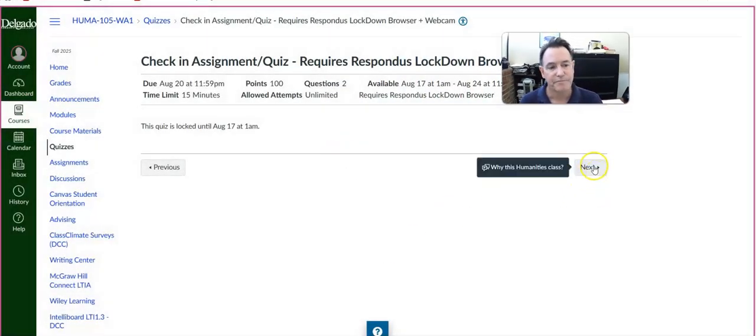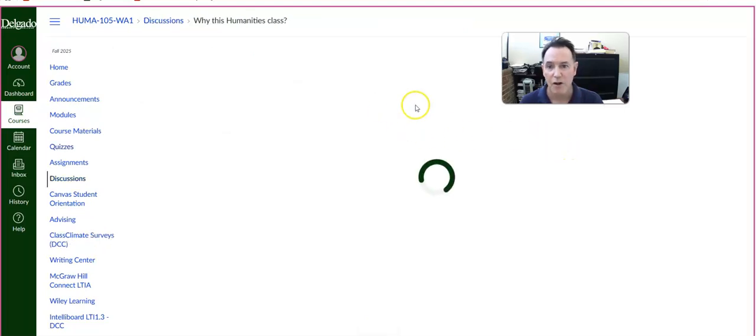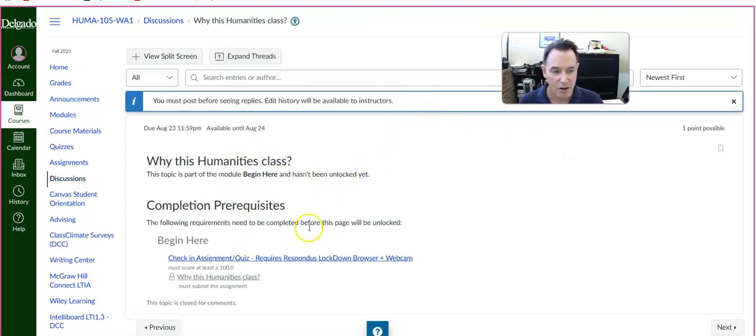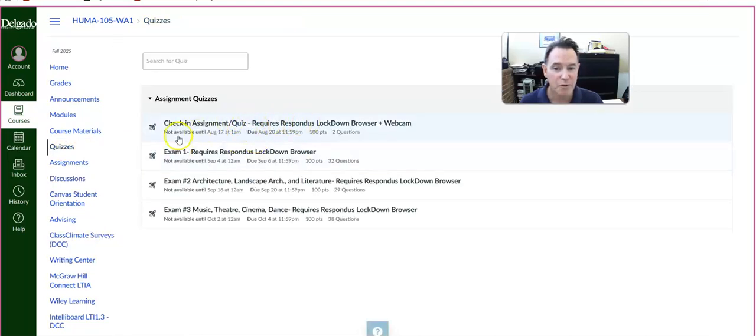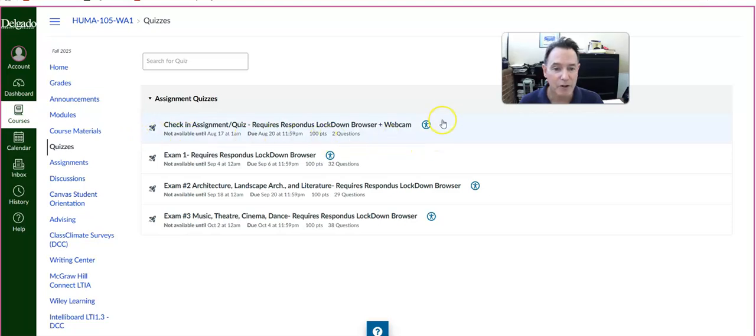You'll complete that, and then you'll go to this discussion board question, why this humanities class? Now this is locked because we haven't started the class yet, but that will be there. One other thing, let me remind you as well, when you take that first quiz, this quiz right here, I have to go in and grade that manually. So there might be a slight hiccup to where you can't proceed. It's usually, I'll see it within the first couple of weeks of class and get you squared away. So that shouldn't be a problem. And I'll look at the grades, and then I'll go in there and I'll make sure that everything looks above board. And then you'll go through the rest of the module,